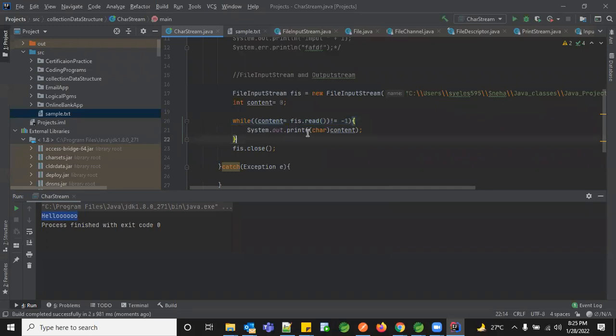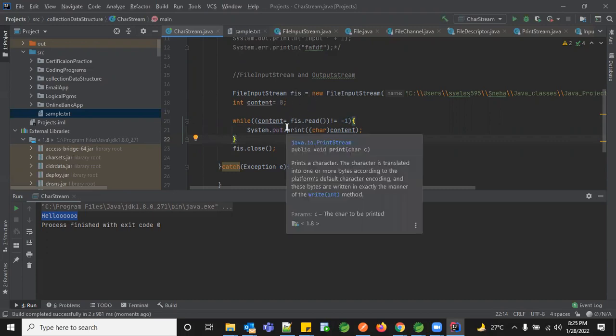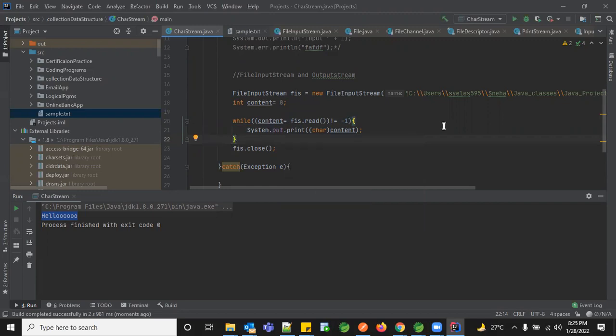Rather than a for loop, I prefer you go with while in case of file reading, because you don't need to give an incremental condition or any criteria for where to initiate it. You can just give content equal to 0 and content less than fis.read not equal to -1 and content plus plus. Even that is possible. But instead of giving additional conditions, it's always better to keep it limited by addressing the end of file.